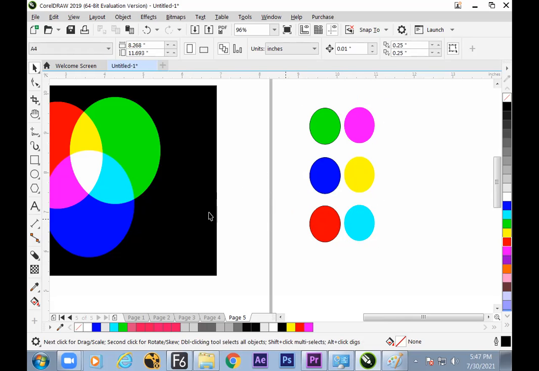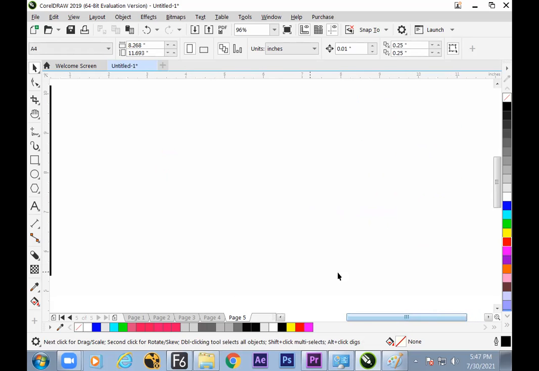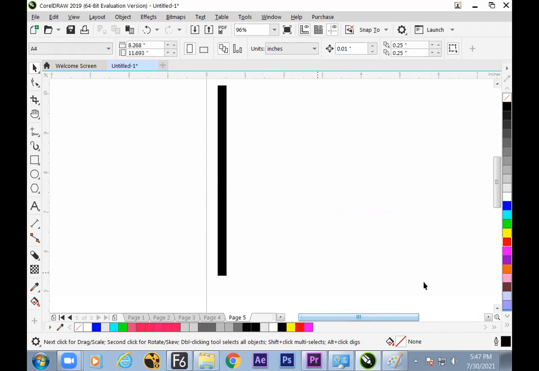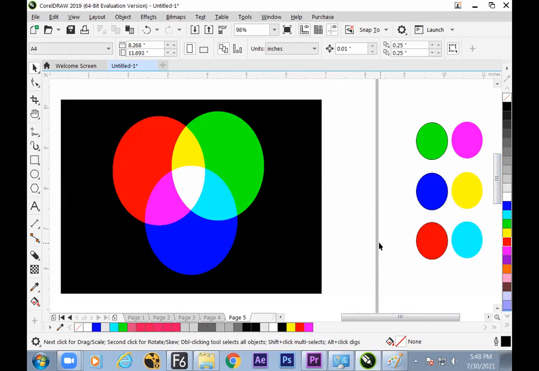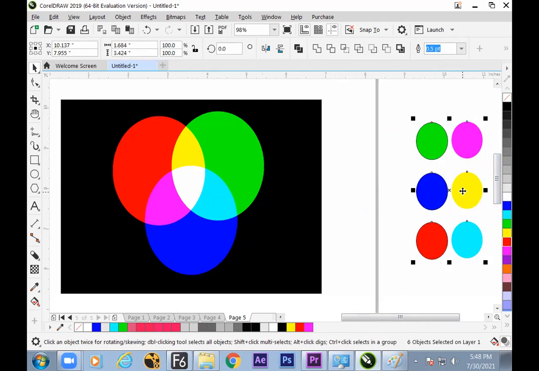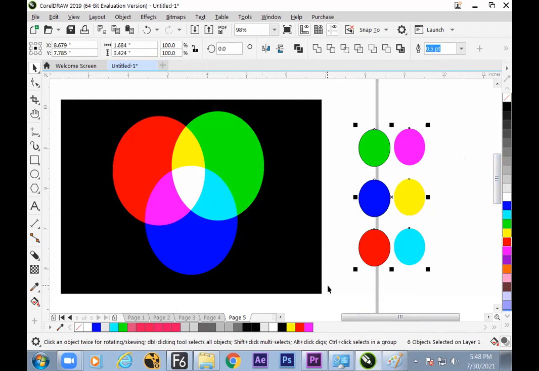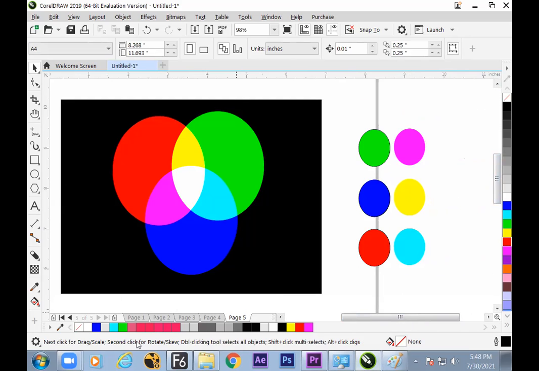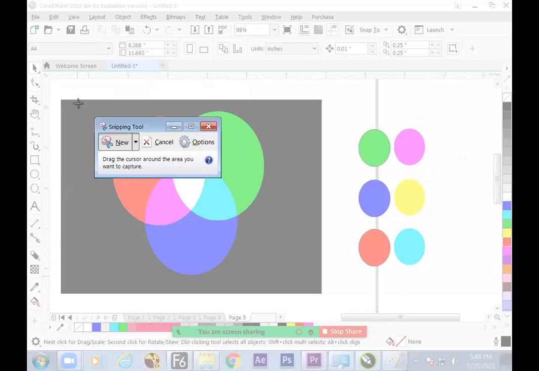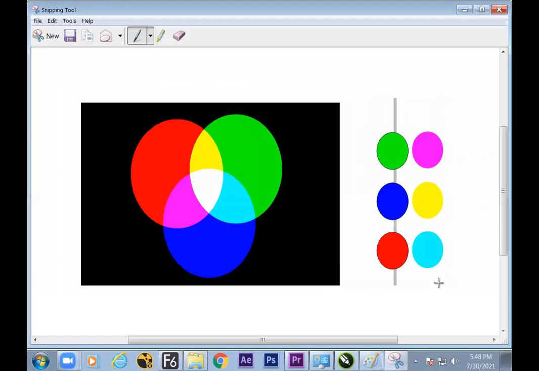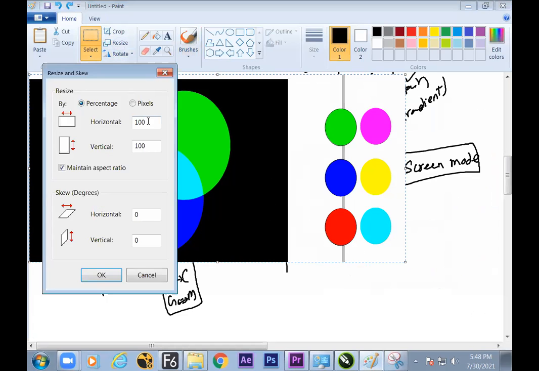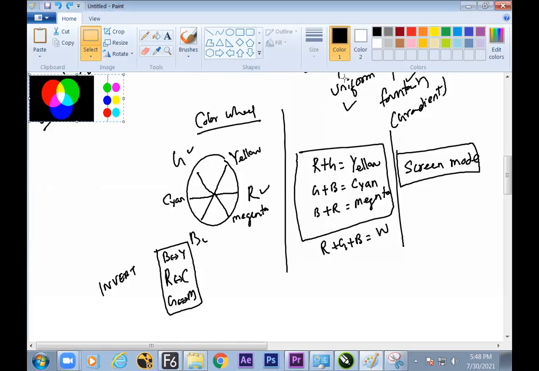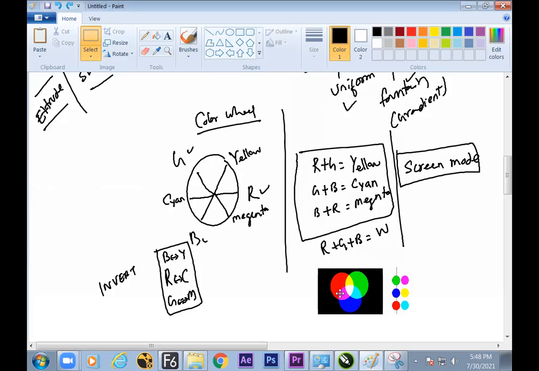Invert color, screen mode. So here two examples are there on your screen. The first one is screen mode and the second one is your invert mode. So hope the theory and practical are going together. So let me take a snapshot of it. This is what you learned now with the theory. Now the practical is on your screen. Is it okay?